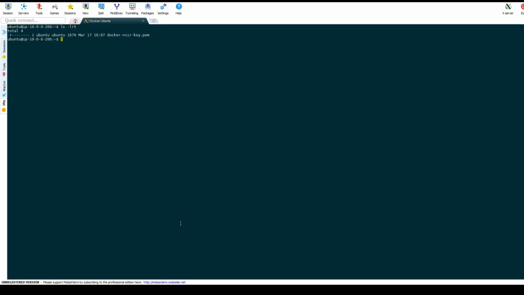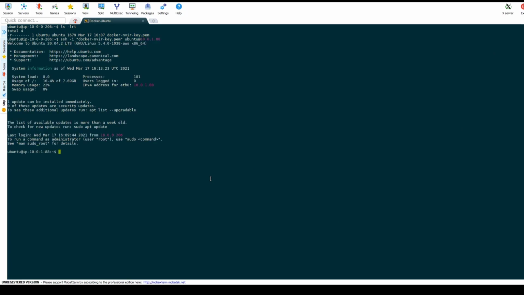For this demo purpose, we use the same private key which we copied to all the servers. Now we can SSH to private server 1. This server does not have any public IP address, so it cannot be directly connected from the internet. After logging into private server 1, we first check the internal IP address and then we check if we can connect to the internet from this server. We use the same curl command that we used previously to check the connectivity of the bastion host.